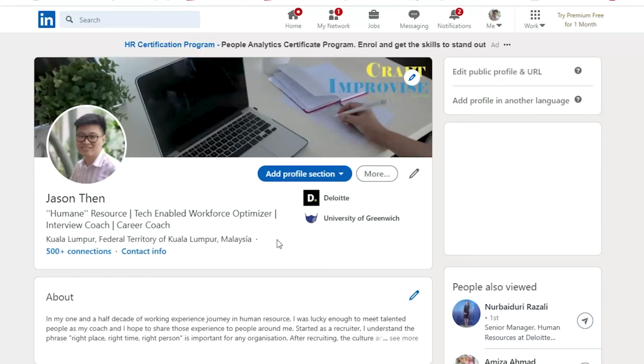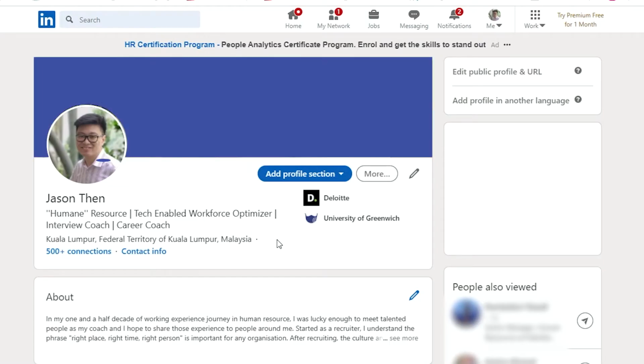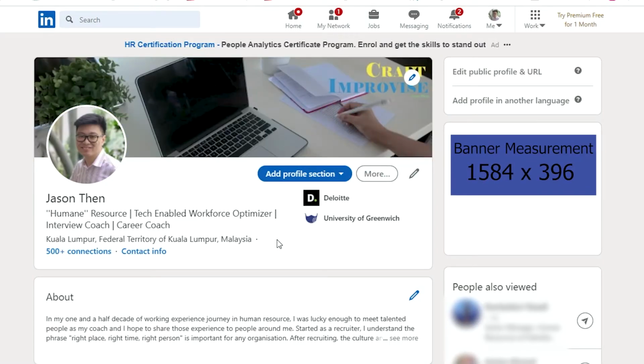The second part of optimization will be your banner photo, cover image, or some even call it hero image. If you were to ask any professional marketer, they will tell you it's best to use an image that would represent what you do at a glance. If you are in graphic design, try to use an image of you designing something. If you are a trainer, you can use a photo of you on stage training someone.